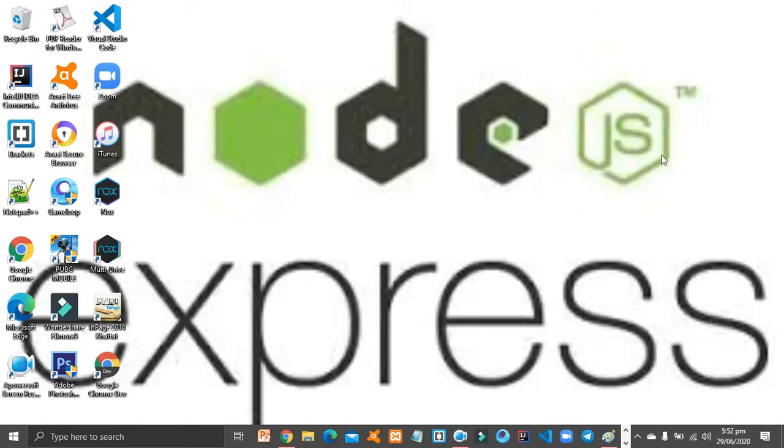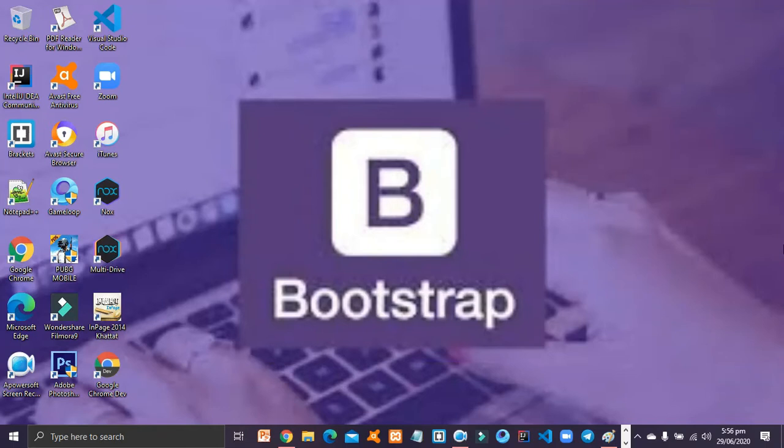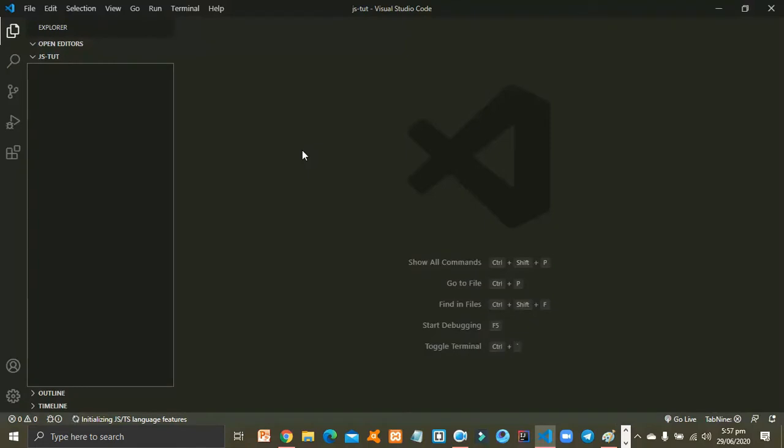Let me give you a short example of a website. Let us make a simple website using HTML, CSS and JavaScript. Open your favorite code editor or IDE. My favorite is Visual Studio Code, which is a very good code editor from Microsoft. I am opening it, so now I am in the code editor. Let us make the simple website.